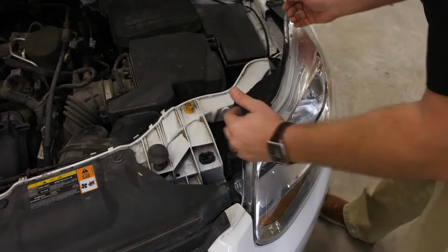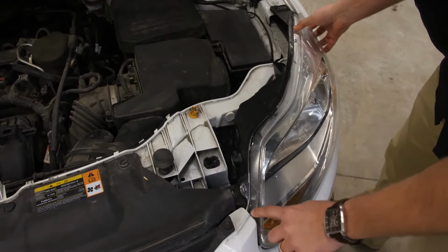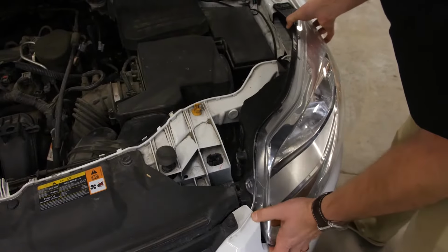Once you have both screws removed, you're going to grab the headlight and pull it straight forward to remove it from the car. This can be a little tricky, so make sure you don't catch any of the edges while you're doing so. Simply rock it out